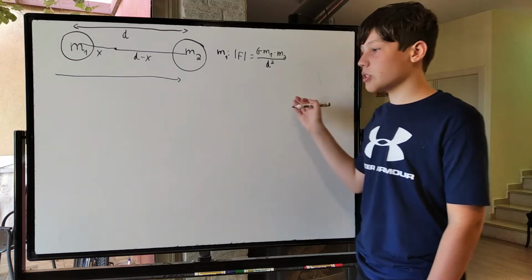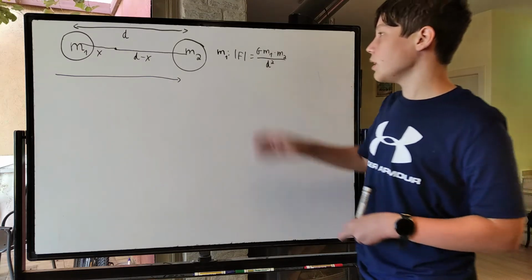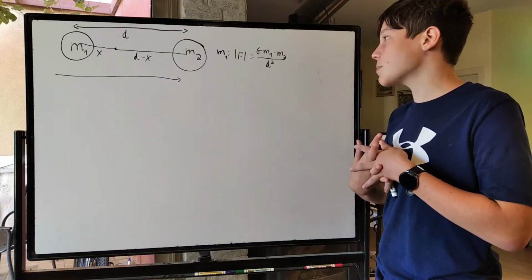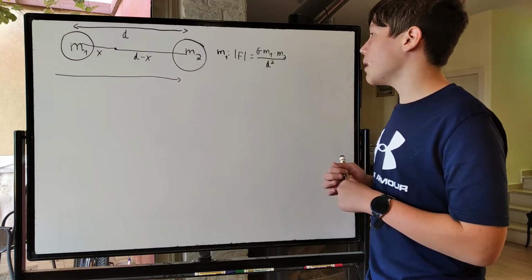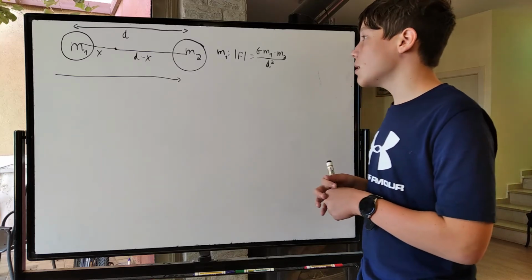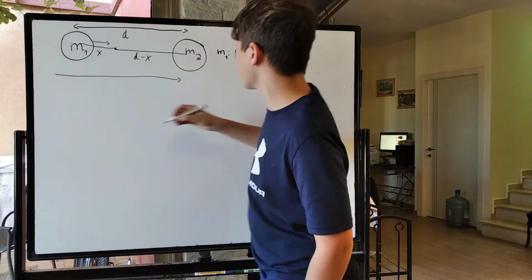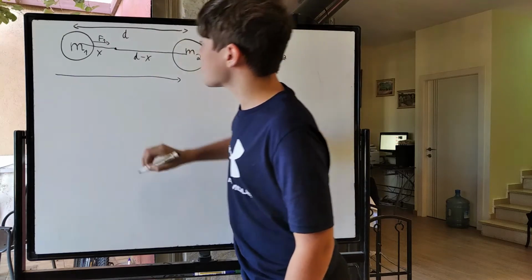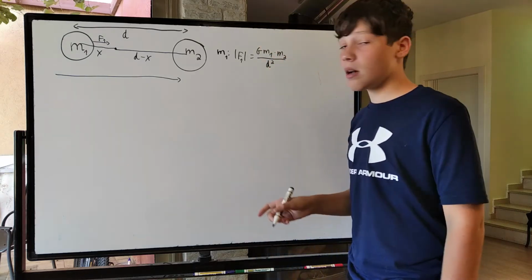This is just the regular formula for the gravitational force between two objects. Because the gravitational force is a pulling force, the force on m1 is acting in this direction. So let's call this force F1. F1 is in this direction, the same direction as the positive direction,